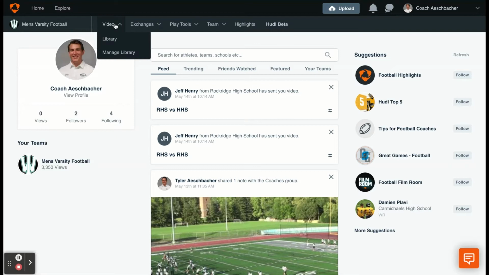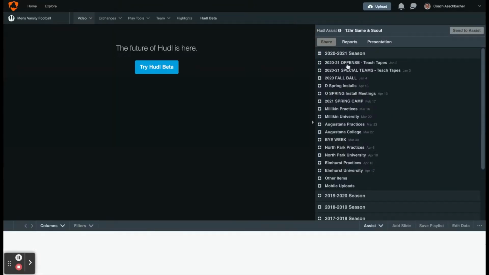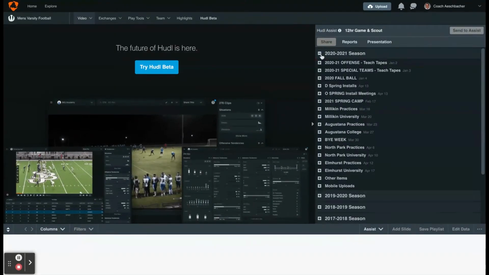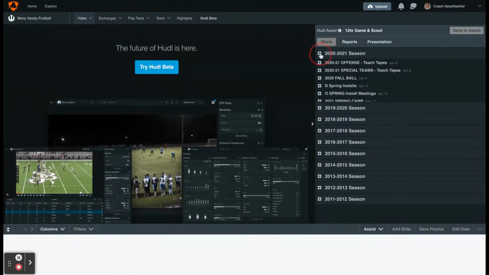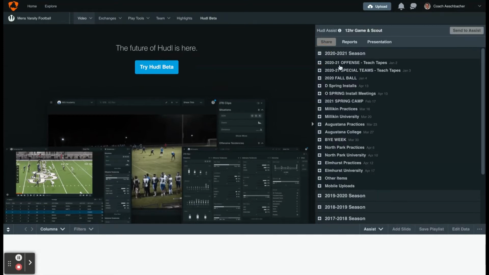And the first thing we're going to do is look at our video. As you scroll over these tabs, there's going to be a drop-down menu for you. So we're going to go ahead and click library. And this is going to be where all of your videos are readily available for you. These are split into season,